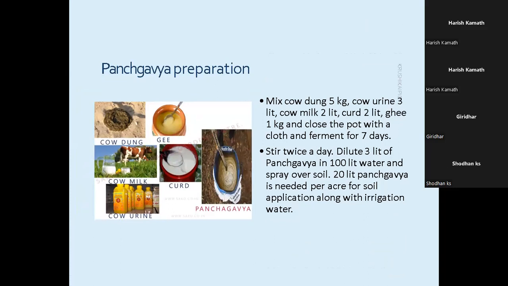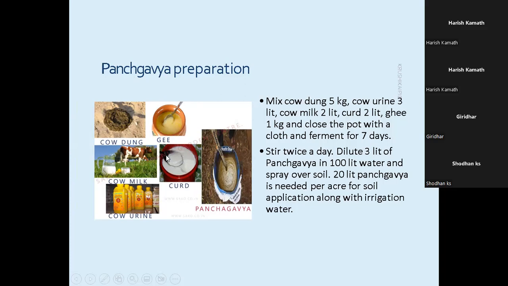So another one is Panchagavya. This is also commonly used in agriculture, but the preparation takes a lot of time and resources, and it requires some extra effort. The process is almost the same as Jivamrit, but here some more ingredients are added. Cow ghee is added. You have to take cow dung 5 kg, cow urine 3 liters. Milk is added. This mainly includes all the materials from the cow, like milk, curd, everything.